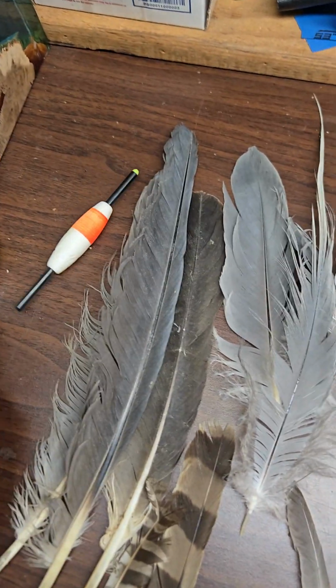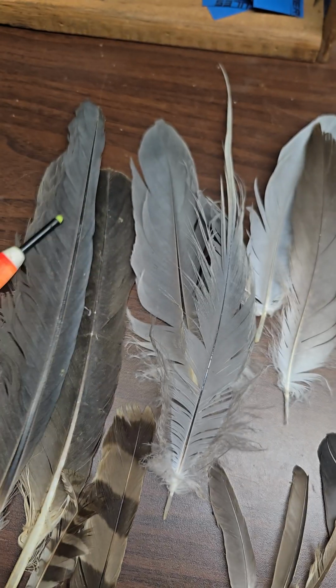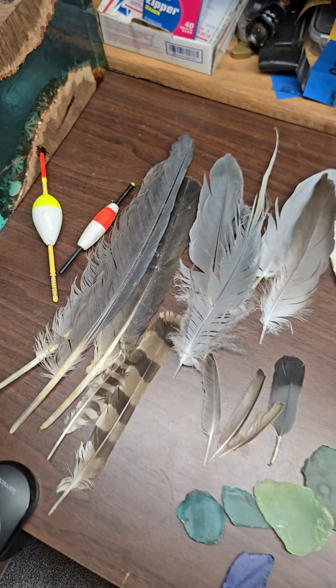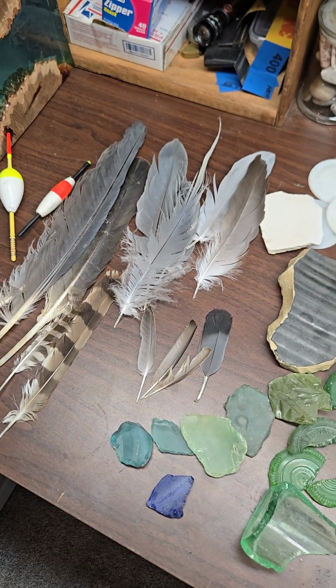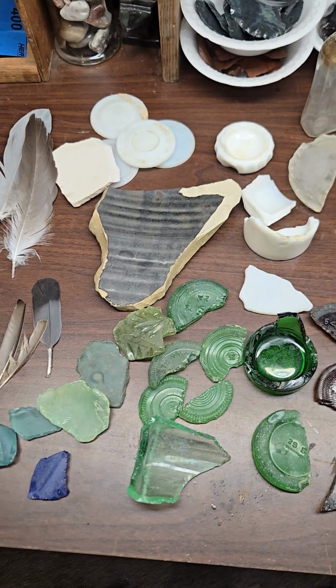Also found a couple bobbers. Nice thing about bobbers from the Ohio River, they glow in the dark by themselves. And I got some